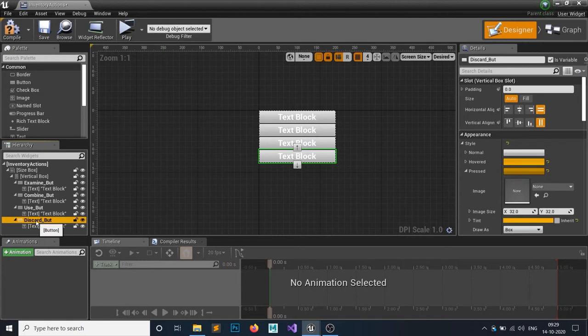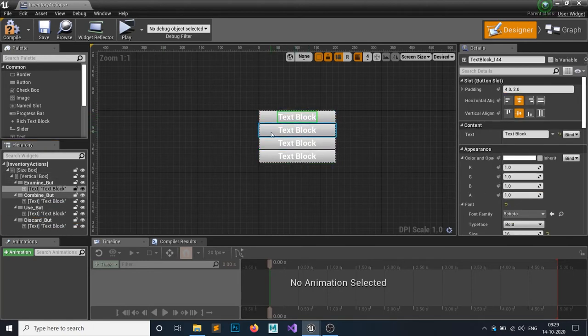But this only changes the variables of the button, and we want to change this text also. So just click on this text, and the first text would be your examine, right? The second text would be your combine. The third text would be your use item, so use would be fine.